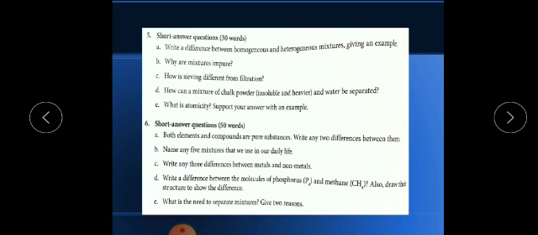Jewelers use sieves with different size holes to separate pulses of different sizes. Construction site workers use sieves with holes of different sizes as well. Whereas in filtration, we use filter paper.